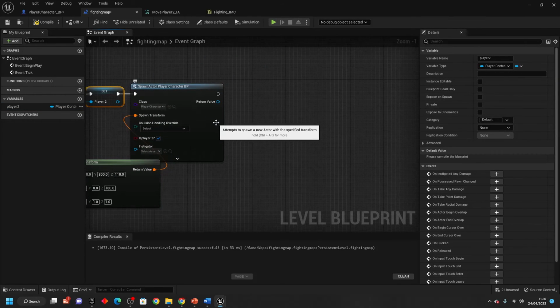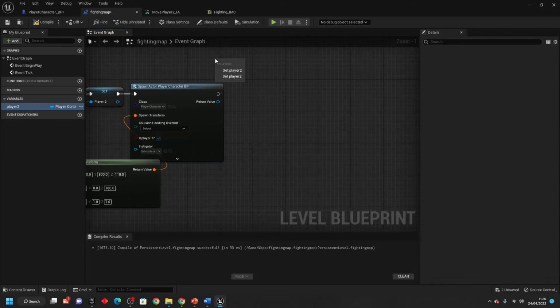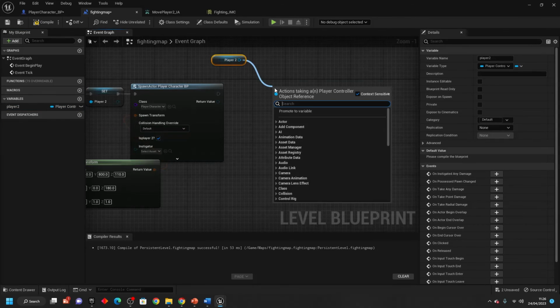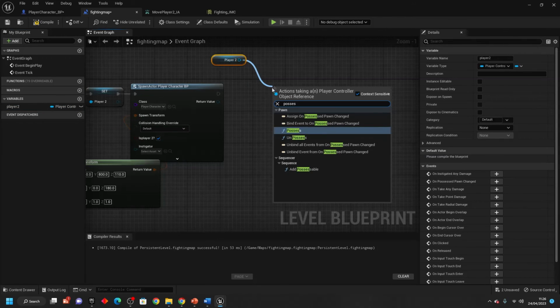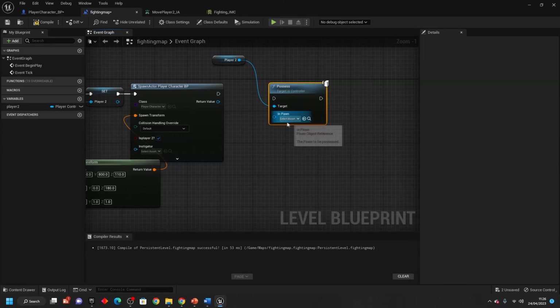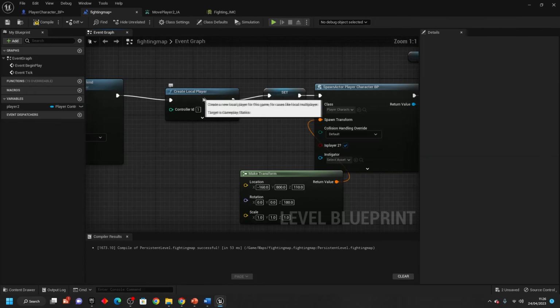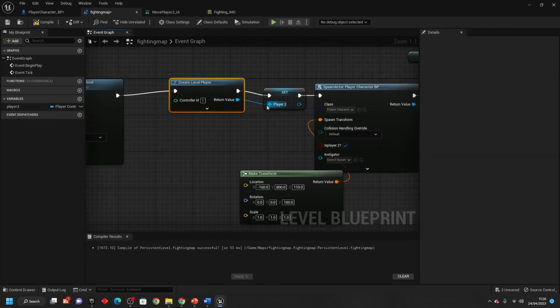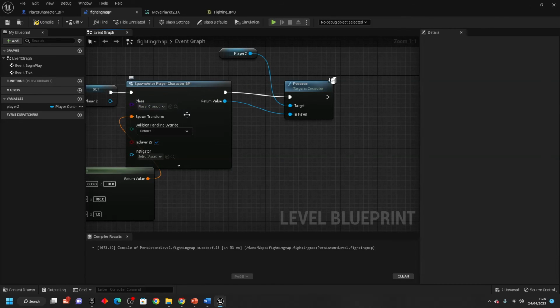Then we just want to drag in our player 2 reference. Drag off here and look for possess. And we want this one, possess, and connect from pawn into here. And from here into here. This will make it so we will create another player, which will be player 2, and they will possess this player character. If we just head back to our player character blueprint,